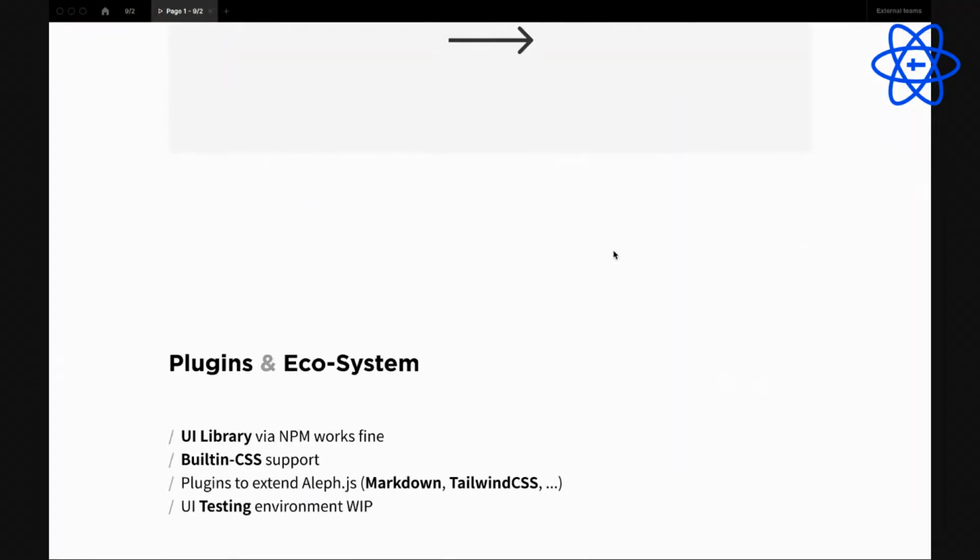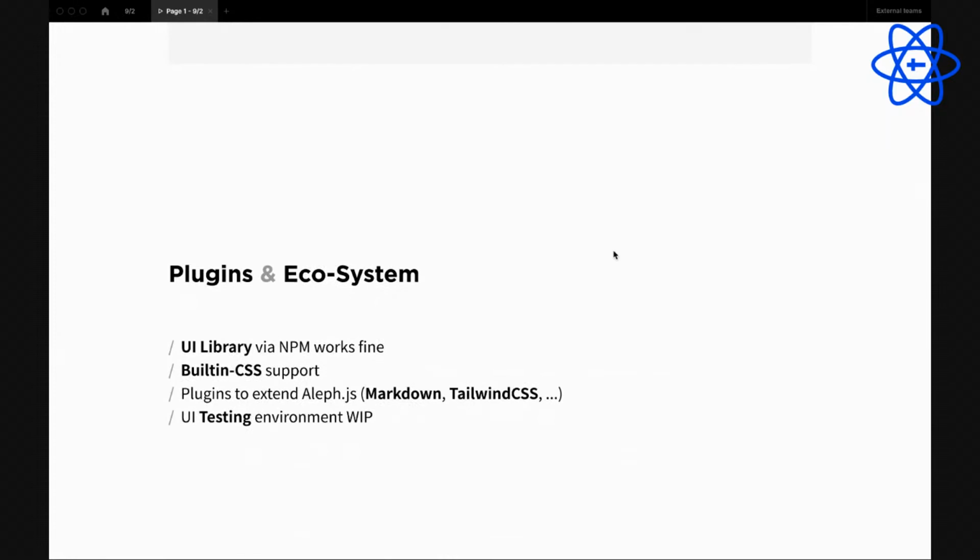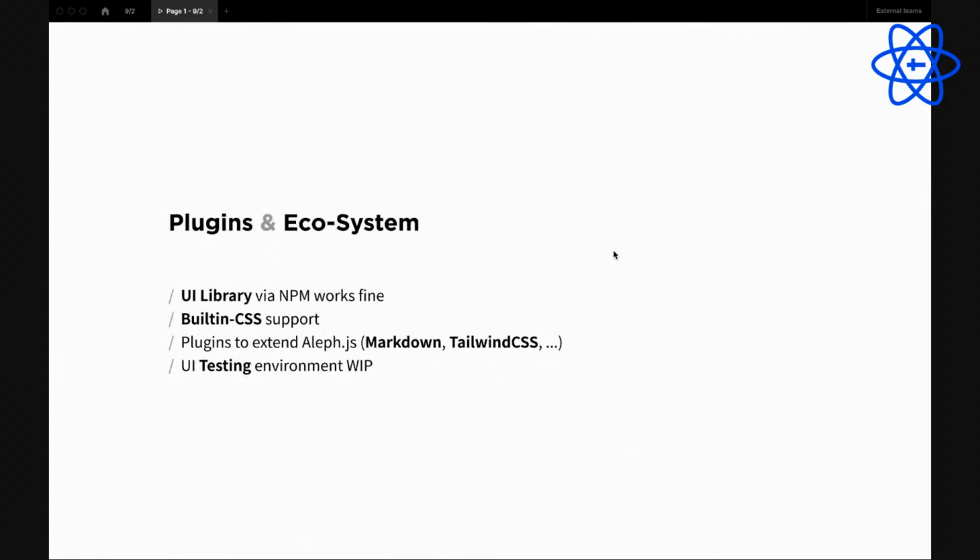Okay. So like the example before, we can share a UI library from NPM, and we have built-in CSS support, and you can also write a plugin to extend the Aleph.js runtime.